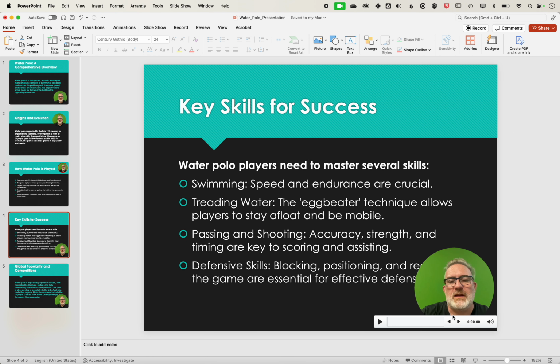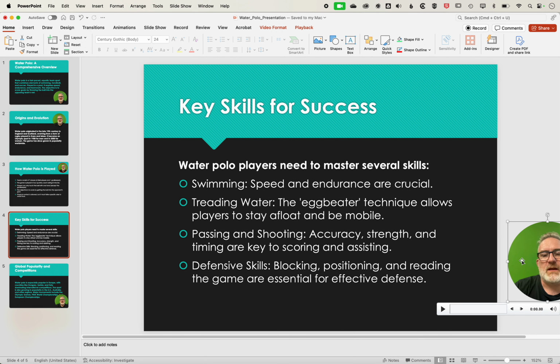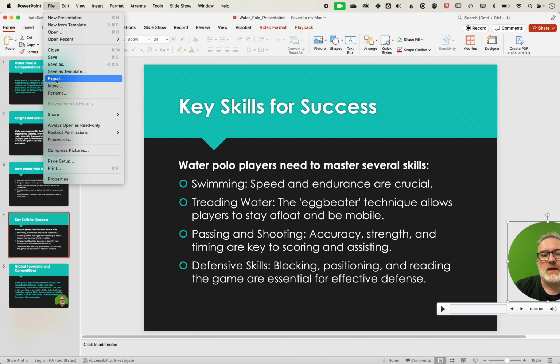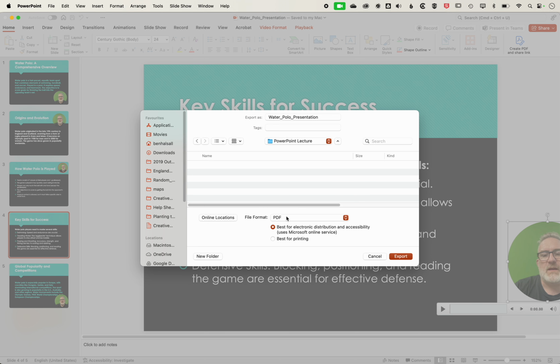If we have a video where we want to have just the audio but not the video itself, we just drag that off the screen there. That gives us the option to pull it back in later, but basically it will keep the audio but lose the video. So now if we come to File and Export, you can see we're exporting currently as a